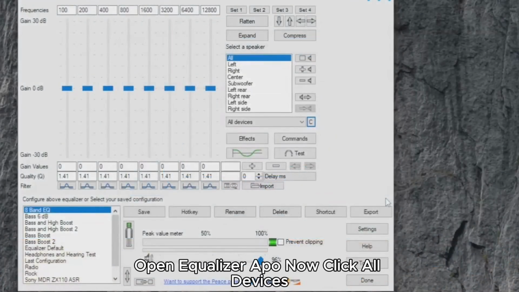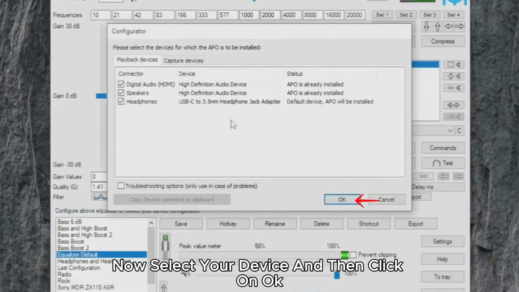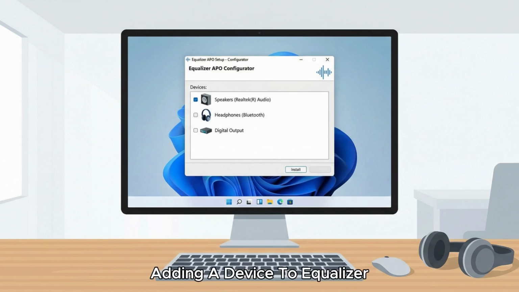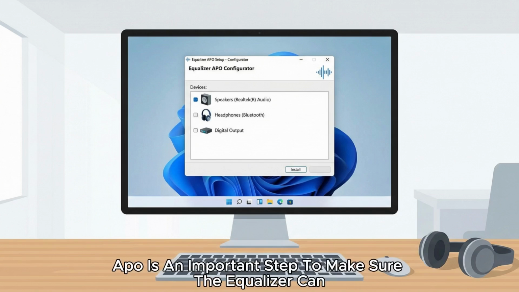First, open Equalizer APO. Now click All Devices. Now select your device and then click on OK. Now click on Yes. In conclusion, adding a device to Equalizer APO is an important step to make sure the